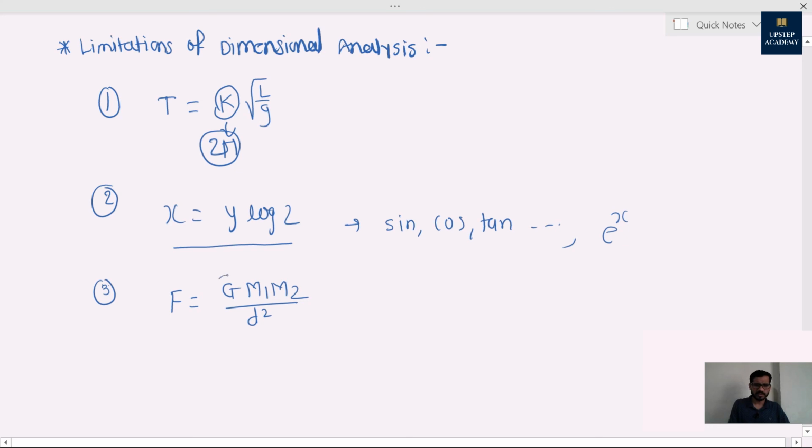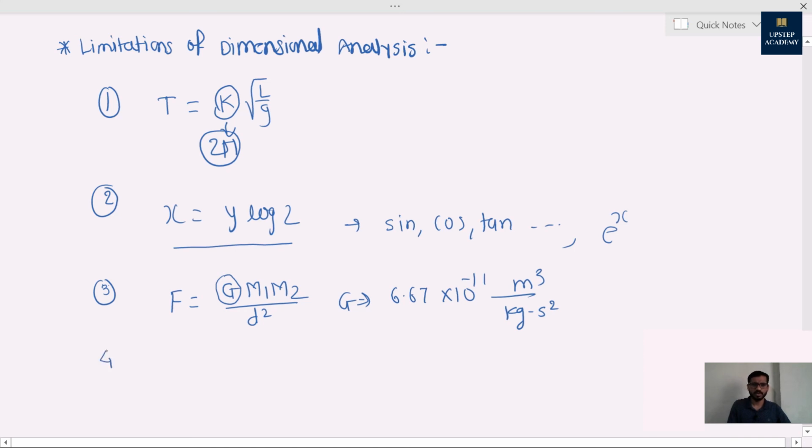But you can see one thing present over here, which is G. What is G? G is actually a constant, which we call universal gravitational constant, and which is not dimensionless. G is 6.67 into 10 raised to minus 11 meter cube per kg second raised to 2. It means what? It is not dimensionless. If such a constant is present in the mathematical equation which is not dimensionless, at that time we can't use dimensional analysis to find out a relation between physical quantities, as well as we cannot use it to check its mathematical correctness. That is what the third limitation of dimensional analysis.